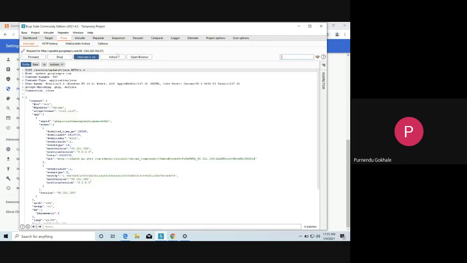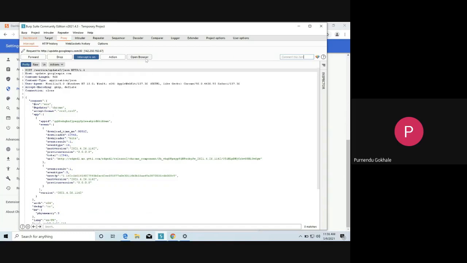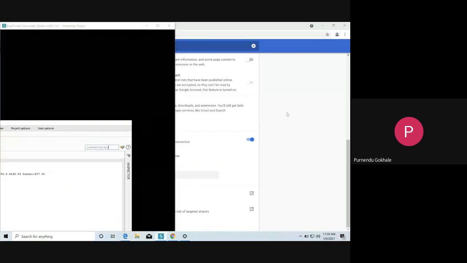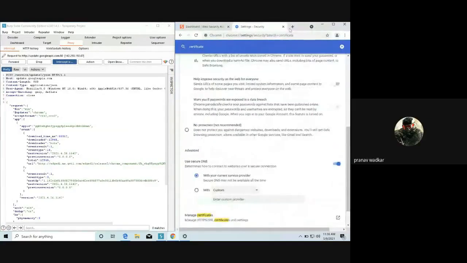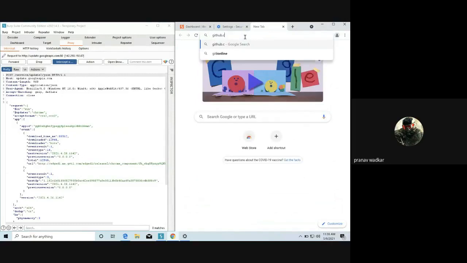Turn it off once and turn it on again. Now go to the browser. You can split the screen in two halves. Go to the Chrome browser and type github.com.